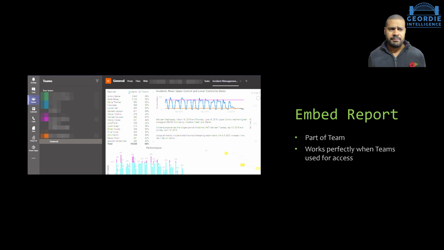So you can take a team that you've got. Here's my team in the general tab, and I've added a Power BI report, the incident management one from dataset 8, into it. Oh, brilliant. I can see it straight away, right? The amount of calls and support requests I've had to deal with on this one, it's just like, please understand it. One of them is a bug that Microsoft really needs to fix. The fact that they haven't is just like,